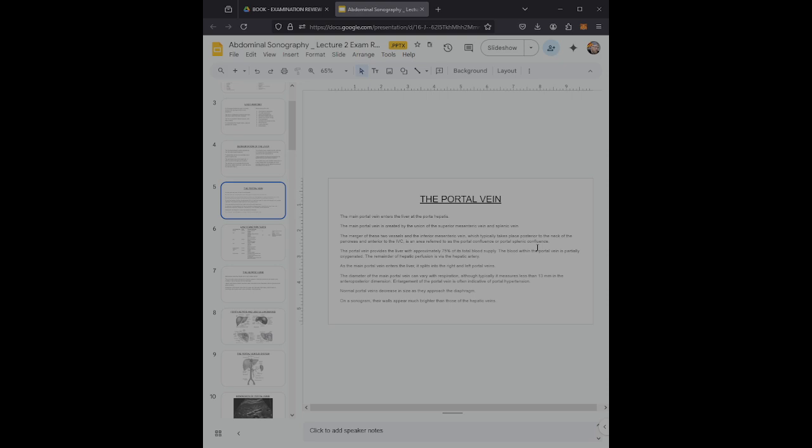The diameter of the main portal vein can vary with respiration, although typically it measures less than 13 millimeters in the AP dimension. So if we want to get the AP dimension, we'd have to scan transversely. Enlargement of the portal vein is often indicative of portal hypertension. The normal portal vein decreases in size as it approaches the diaphragm,